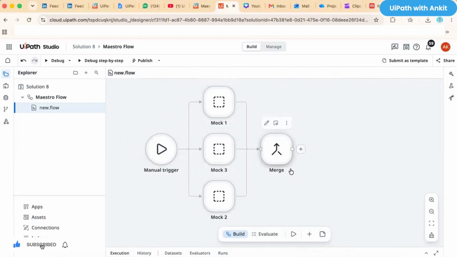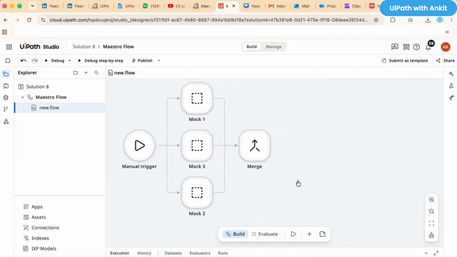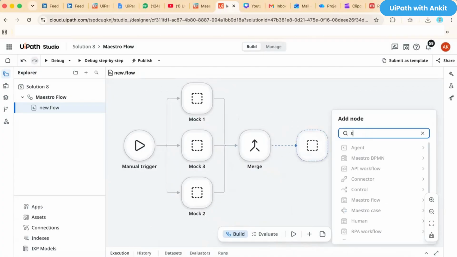That's a separate topic. I'll create a separate video on the merge node and discuss it in detail. But as of now, this merge node will wait for all three nodes to complete executing in parallel, and then the merge node will execute, and after that I'll use a switch,